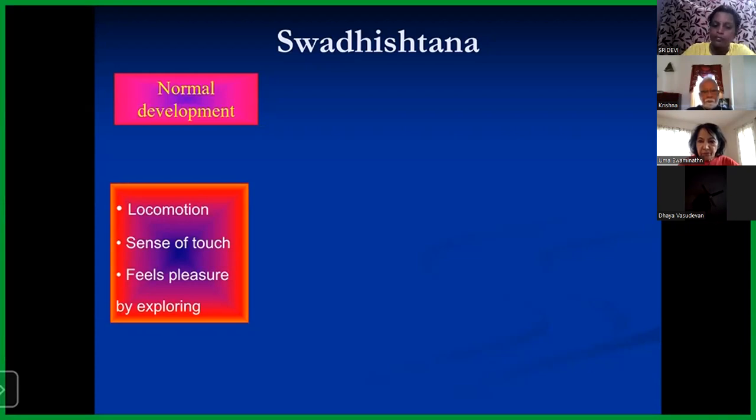So you have to be very, very careful when the child starts talking. If you use some unwanted words, the child repeats. It gets registered. When you say, this is your mother, this is your father, it just repeats amma, akka, just like saying, it doesn't say anything else. What you say, it just repeats like a parrot. So you have to be very, very careful when you talk to the child.